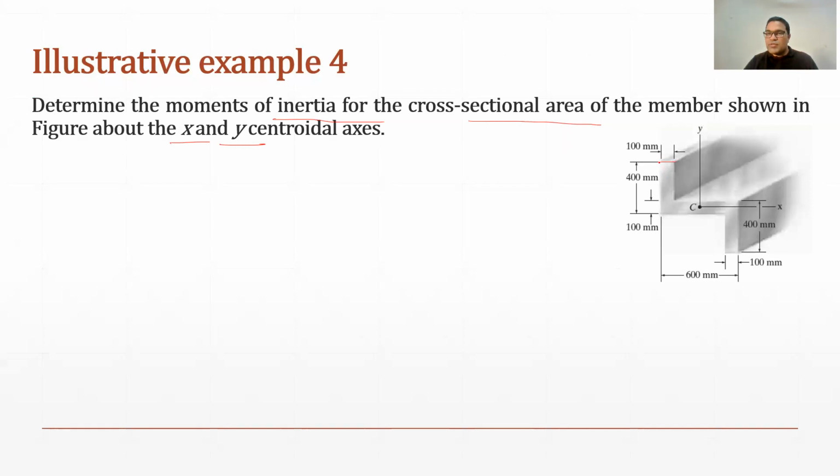So we have to find out moment of inertia of the cross section of this. So the cross section will be this one. Sorry, this will be the cross section. So we actually need to find out moment of inertia of this area only. And the CG of the area is here. So we have to find out moment of inertia about x-axis and about y-axis for this area.